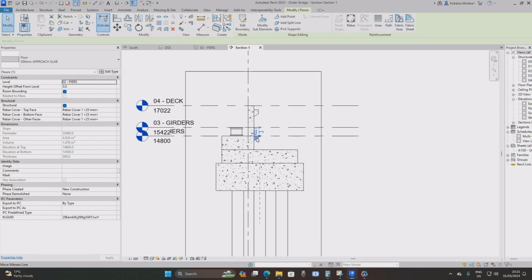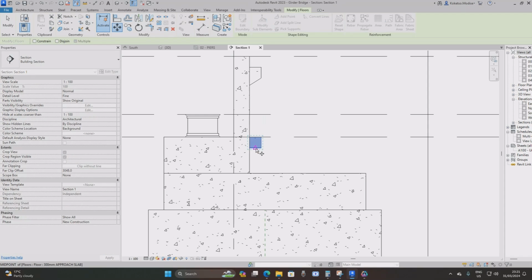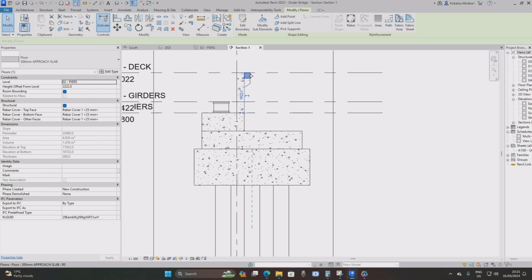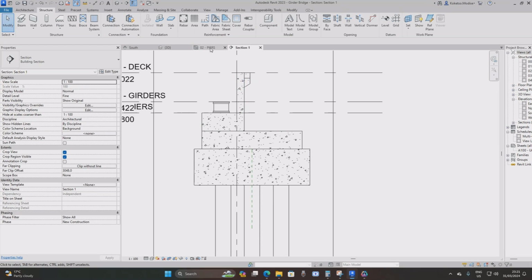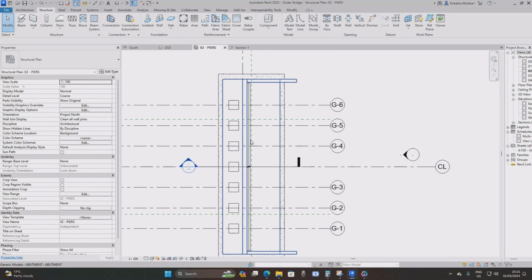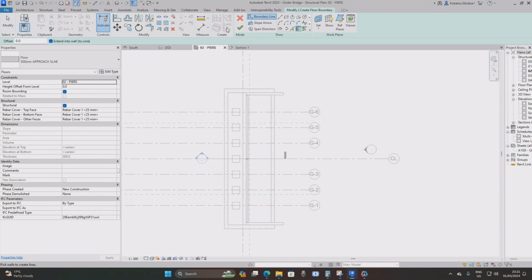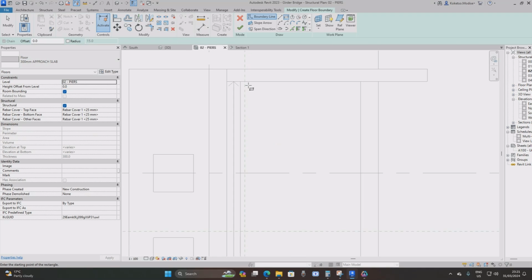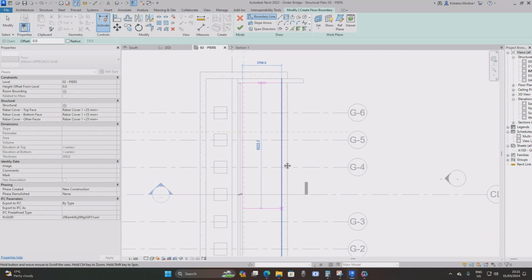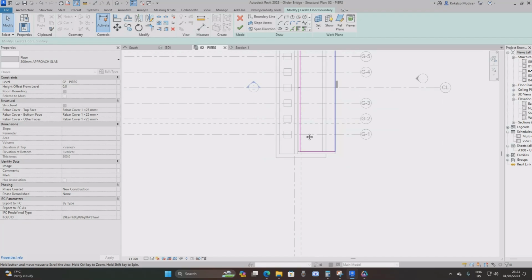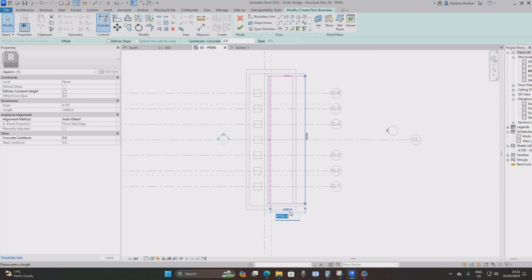Open up your section 1, and then you're going to say move, and then you're going to move it on top of your cobalt, and then you're going to place another approach slab which is running at an angle. So go back to your PS structural floor plan and say floor again, and then your approach slab is still selected, and then select your rectangle option, and then from this point you're gonna place your approach slab until this point, and then you can select this line and then adjust the length of your approach slab, so you can